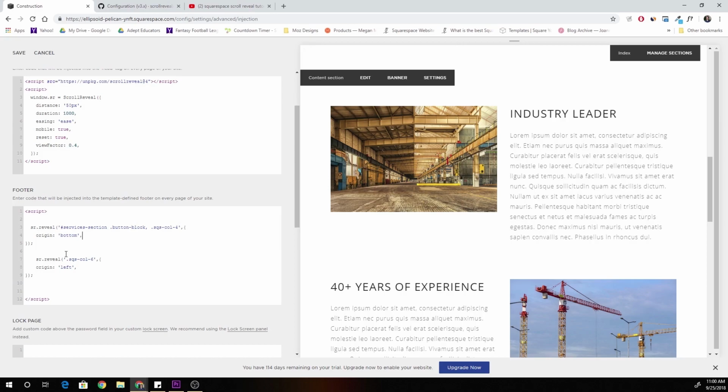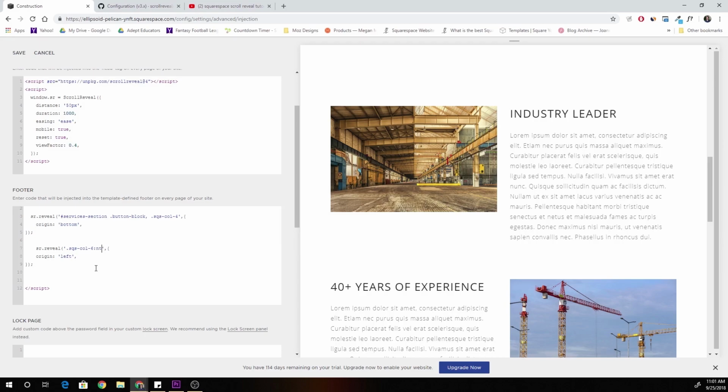So I'll show you how to do that. All we have to do is target our odd nth childs and give it the animation coming in from the left, and then we're going to target even nth childs coming in from the right. So if we go to .sqs column 6 and we give it an nth child, and then in parentheses we're going to say odd